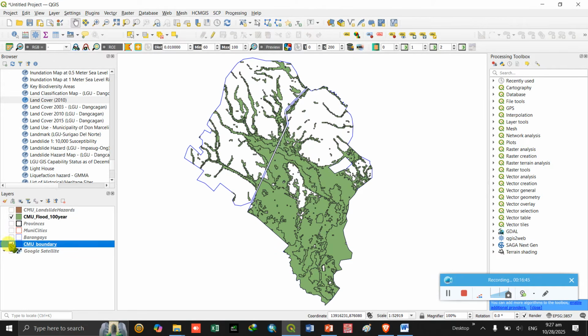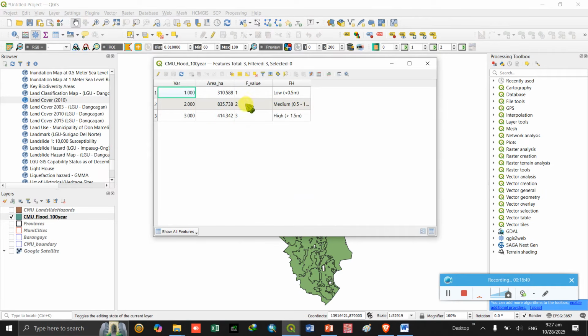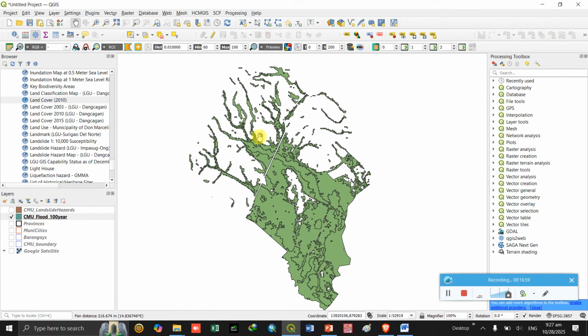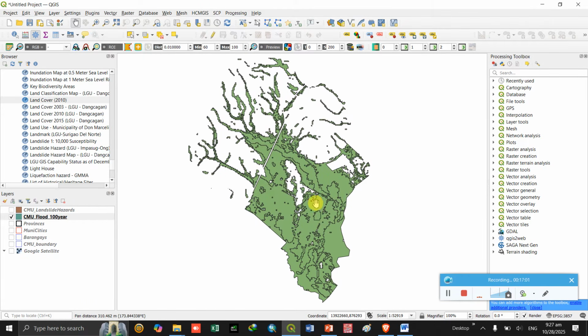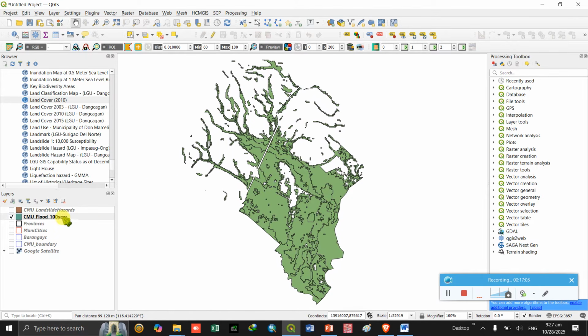Okay, so if you check the attribute table, it has a 1, 2, 3 value, meaning low flood hazard, medium flood hazard, high flood hazard. So from a single color symbology, we need to set this one into 3 based on the different flood hazard.